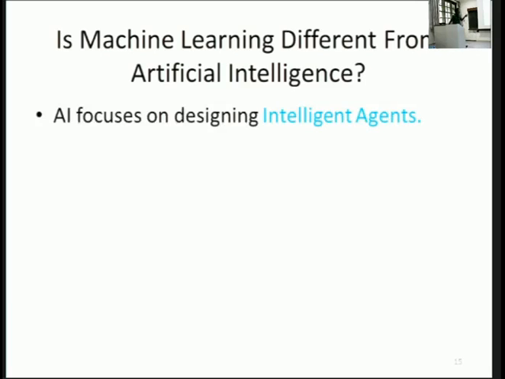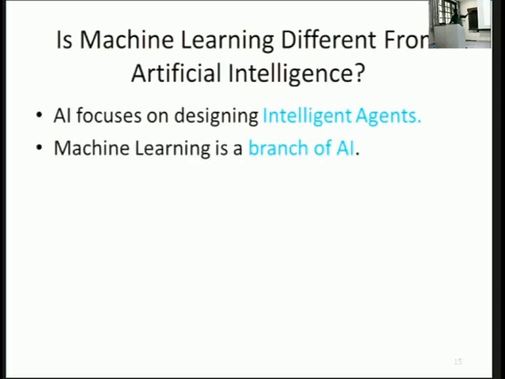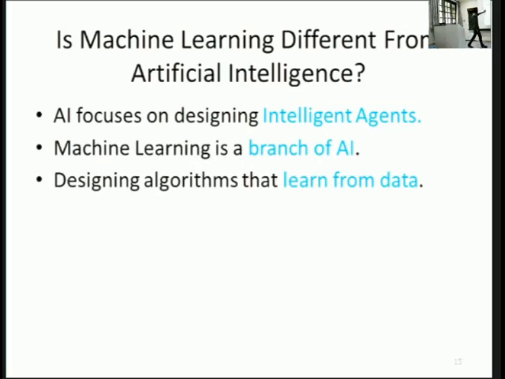So the idea is generally AI focuses on intelligent systems, which is pretty much like what I told you now. But machine learning is a branch of AI, which is algorithms which learn from data. AI also has explicit algorithms. For example, the AI which plays chess is not playing better because you play with it a lot many times, as Arthur Samuel did. What the chess algorithm does is that you play with it, and then the algorithm says which is my best move, your best move, and it keeps calculating. There is nothing like you are explicitly programming to see which is the way to move in AI.